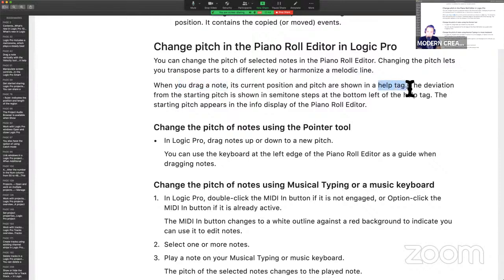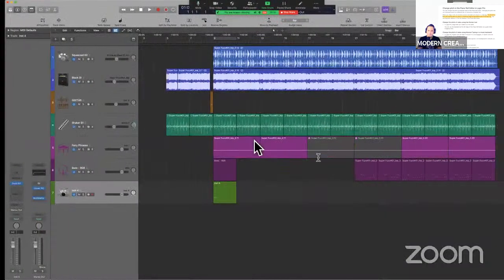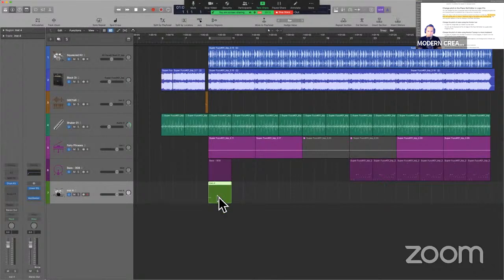And I've been really pushing this, right, so that you can really understand every facet of the program. The deviation from the starting pitch is shown in semitones at the bottom left of the help tag. The starting pitch appears in the info display, the piano roll. And this was actually a really interesting part of the program as well that I didn't know about. At the bottom left of the help tag, when I start to look at MIDI,